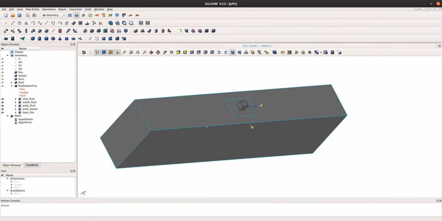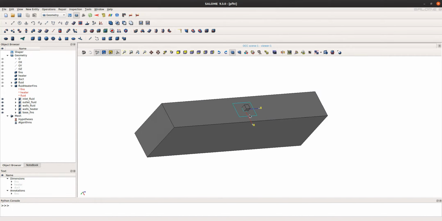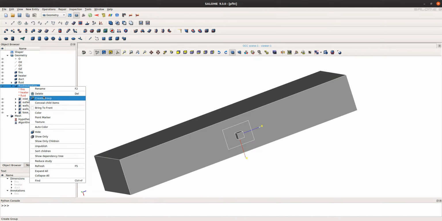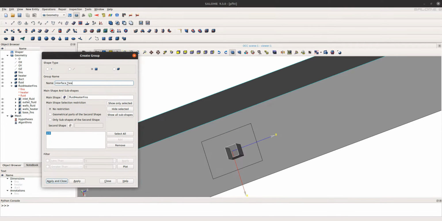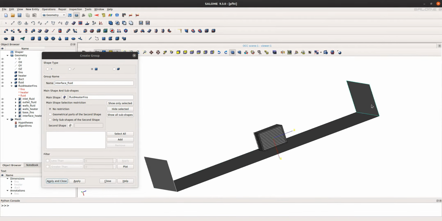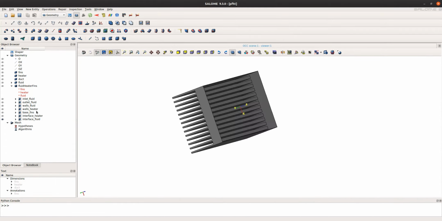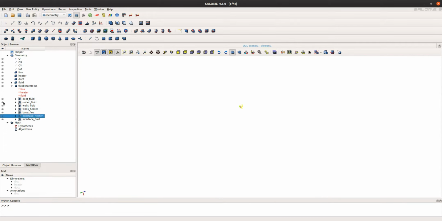We also need to define the interfaces. So I can go again and create group. So now we have all our surfaces, the interfaces and the outer boundaries.